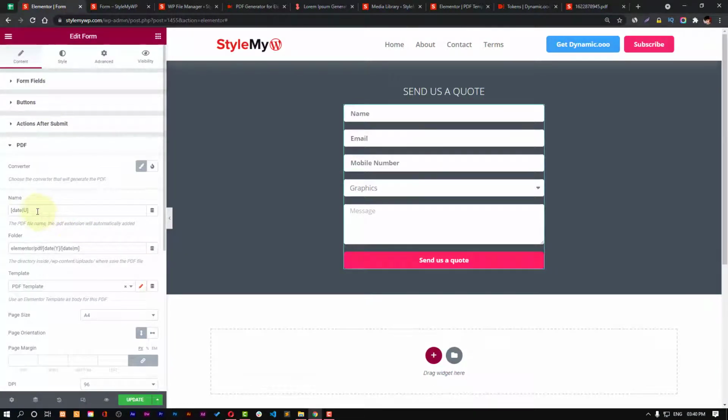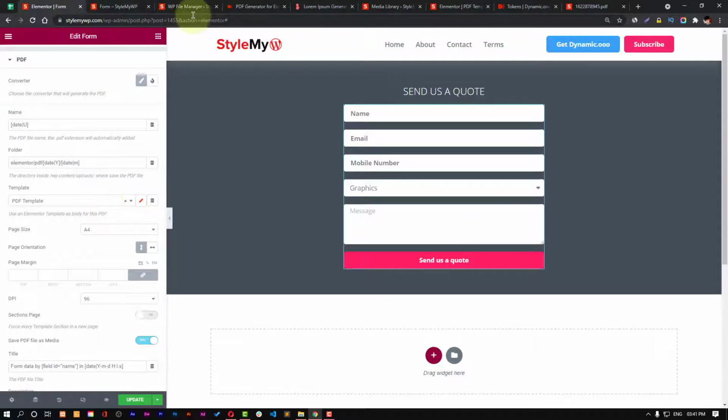In name, you can probably use something else. You can write the name field right here, like form colon name, and it will be like that. And here's the folder where you will find your PDF.